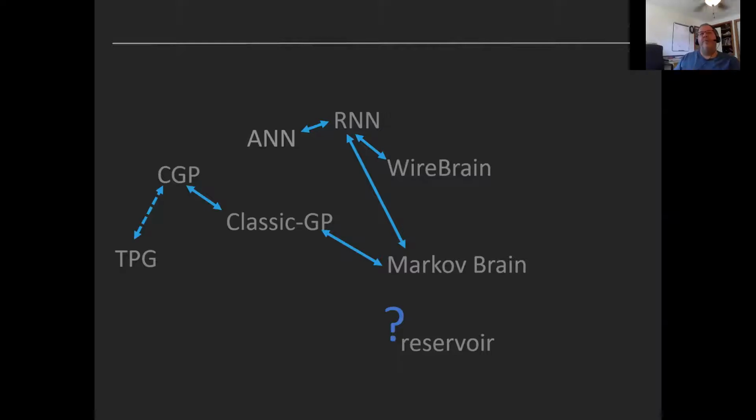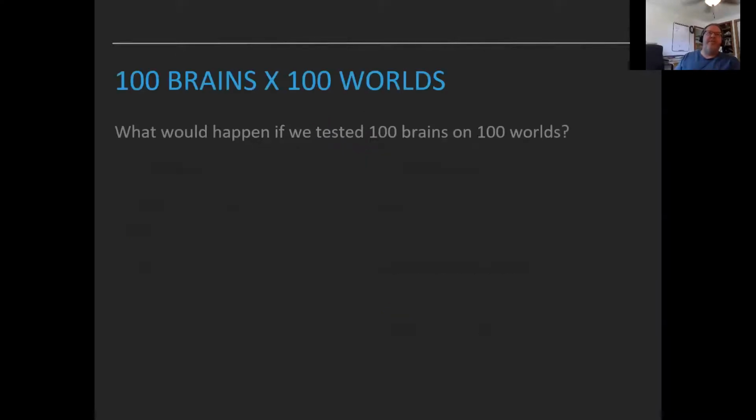And so one of the goals of MABE, or one of the goals that evolved out of working on MABE, is to make it so that it can support this kind of work. So imagine if we had 100 different kinds of brains, and if we had 100 different worlds or tasks, whatever you want to call them. And I asked the question, if we just took every one of the brains and we tested on every one of the worlds, we just did the big chart,